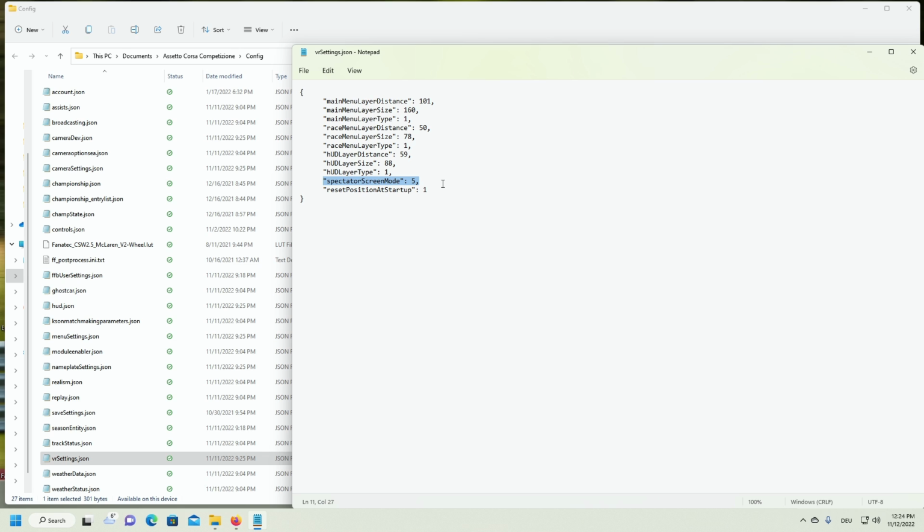Either you set it, like I'm doing, to 5. This means that the VR image will also be mirrored to your flat screen, so your TV or PC monitor, and is available there, for example, for recording videos with NVIDIA GeForce Experience, if you want to upload them at a later point in time to YouTube, for example.